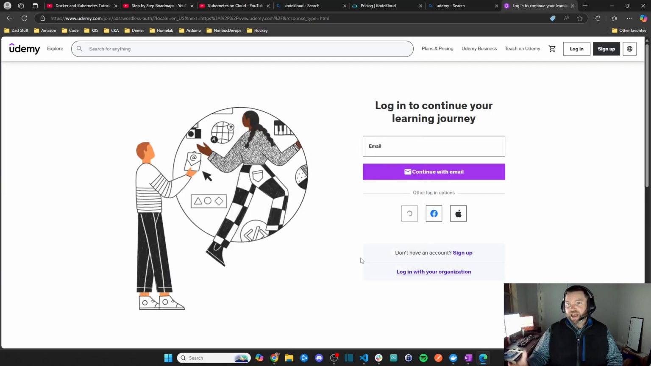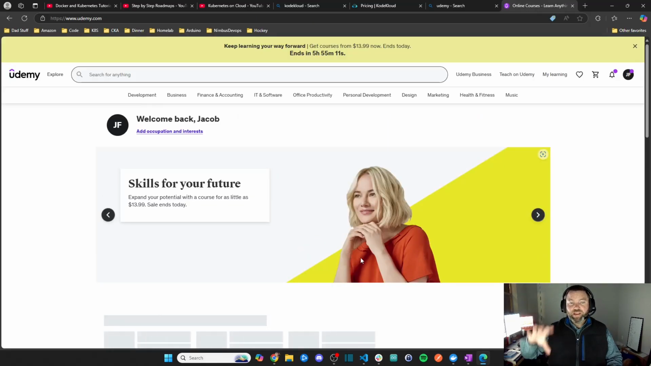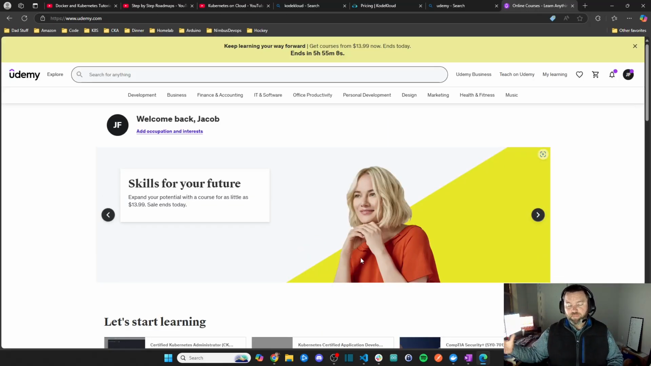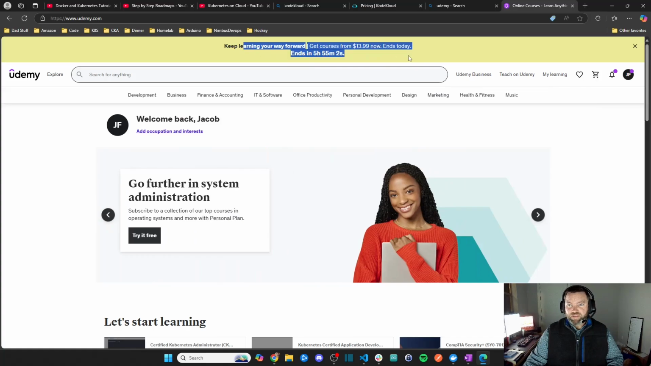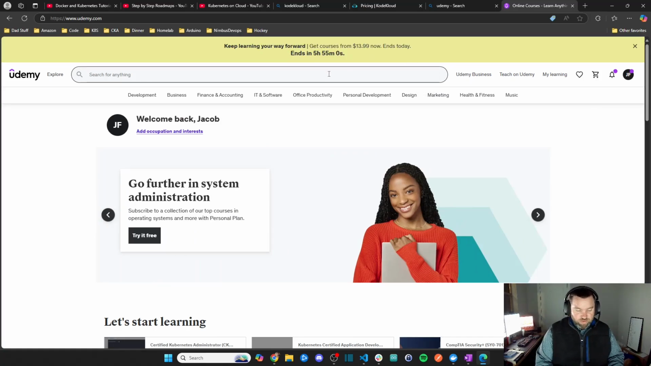Not only that, but there's labs and tests inside of the Udemy course in their platform that actually will take you to Code Cloud in order to do the lab. So you have to create an account there, but you don't have to pay for it, which is nice. And you can see they have these sales from time to time. So if you do a